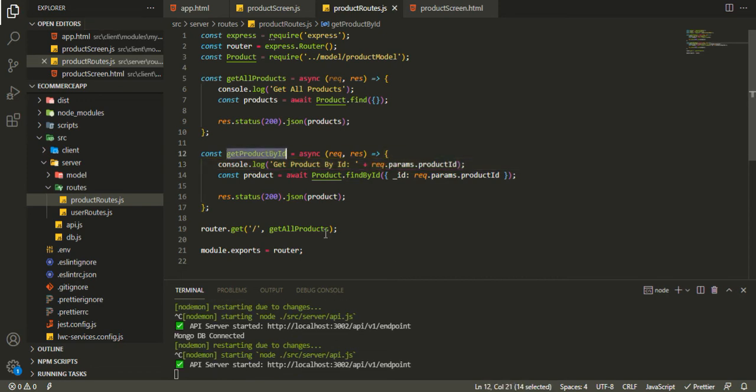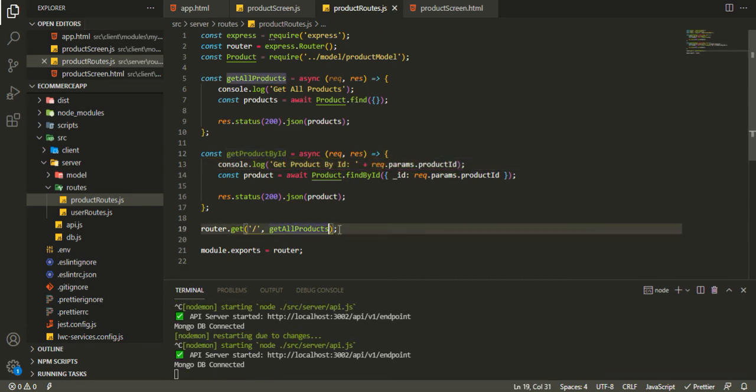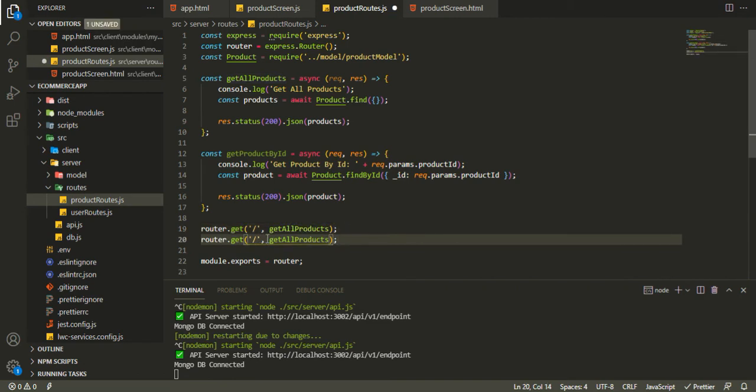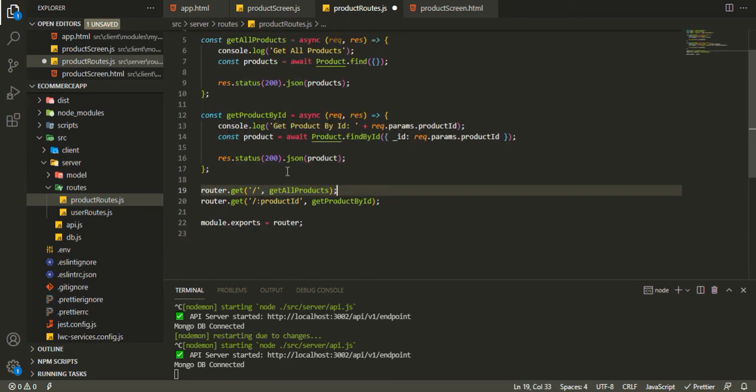And we can also say we have to define routes, so copy and paste. For this there will be an ID or parameter, so we can say product ID and get product by ID, copy and paste it around here. So whenever a slash is hit, we will get all the products, but when we pass the product ID, then